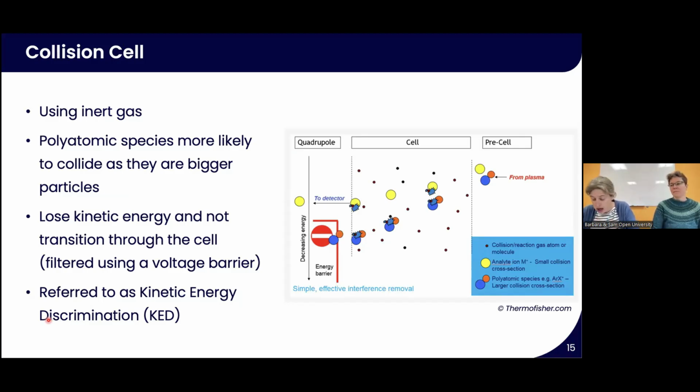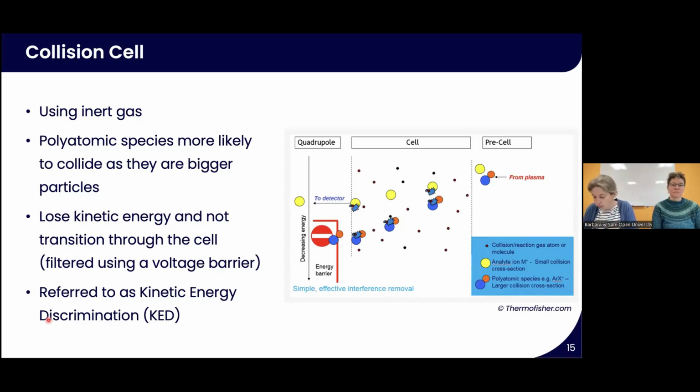As I said, you can use careful mass selection to try and remove interferences, but if this isn't possible, then previously we would have had to do separation chemistry. But as instruments evolved, instrument manufacturers thought about ways of doing this separation by using technology in the instruments rather than having to do chemistry. So the first step that they made was to insert a collision cell. And on the very first instruments, this collision cell was placed after the plasma and the first set of lenses,